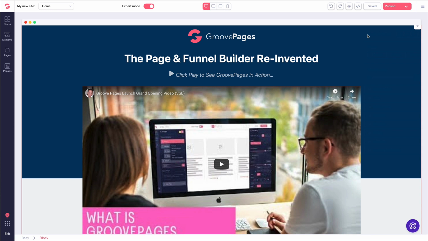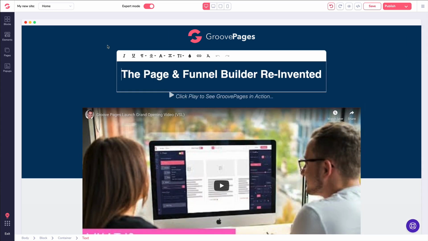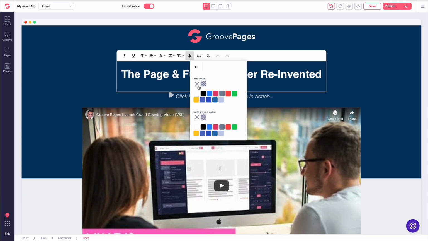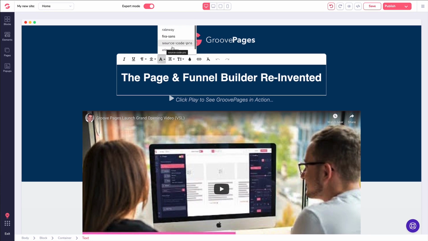All right, let's talk about something that's very important. That's working with text, right? So what you do is you simply click on the section that you want to work on. You click on the text icon, and that opens up the editor. Now, inside the editor, you can select your color picker and things like that. You've got your font sizes, you've got your font weight, your different fonts here, like this, that you can scroll through. And then it's just grabbing what you want